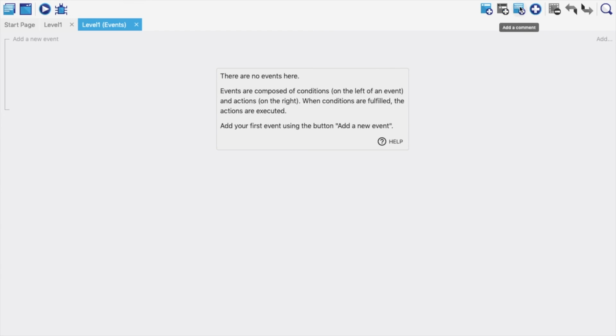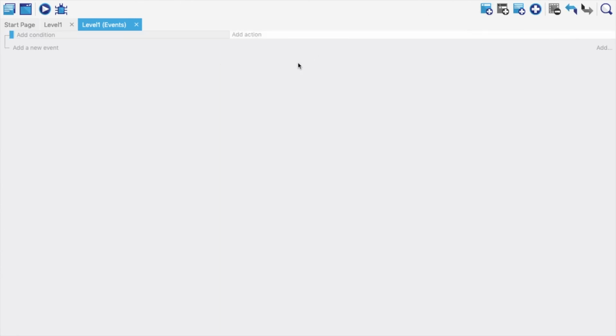Then this one is for add a comment, which I will explain later why we use comments. And choose and add an event, that also I will explain later. But for now, add an empty event is what we are looking at. So I'm going to click add an empty event. As soon as I click on this, you see there is a row added over here with two columns. This says add condition and this is add action.